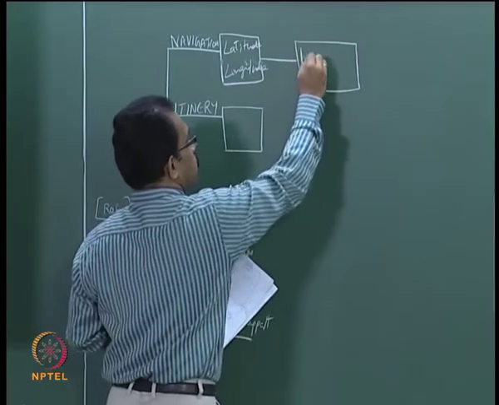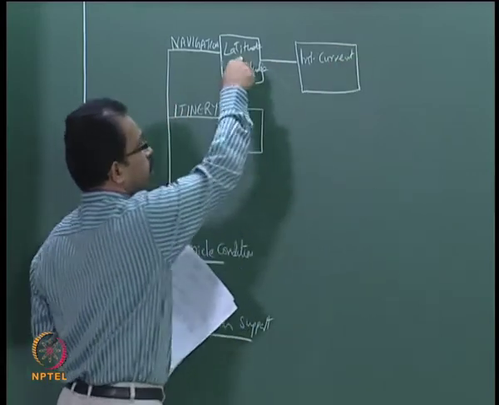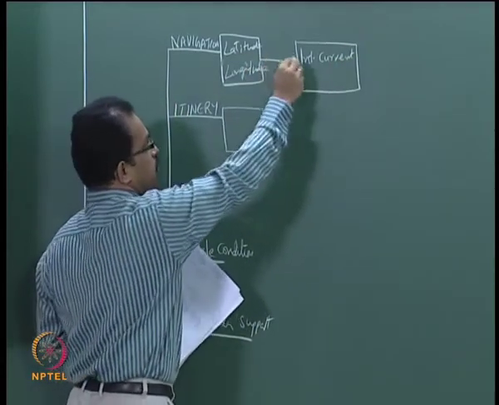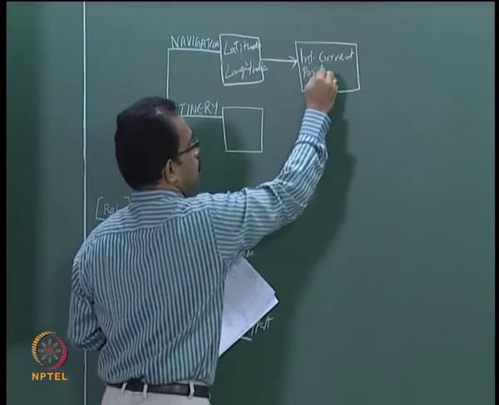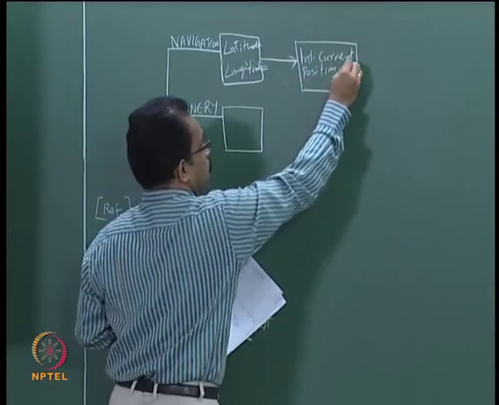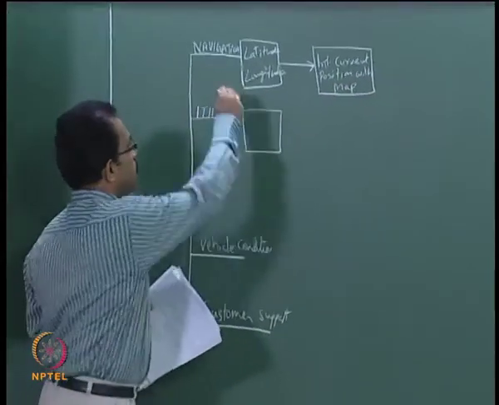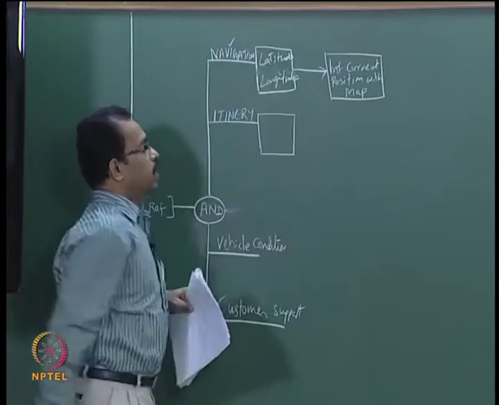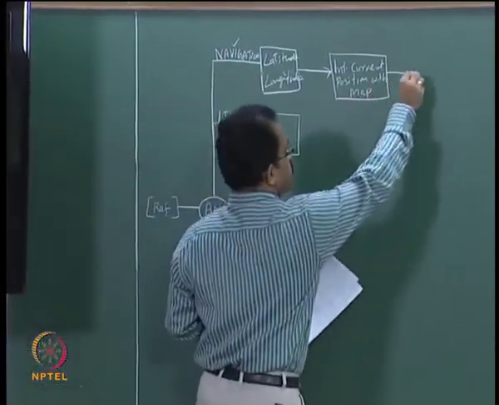So integrate current position, because we get the latitude and longitude. Once you get this, you can actually integrate the current position with the map. That will help the passenger or the driver for navigation,